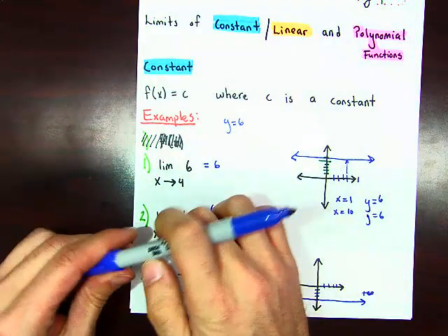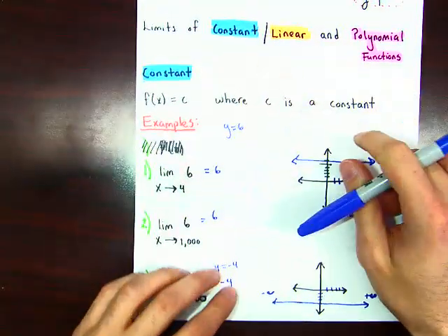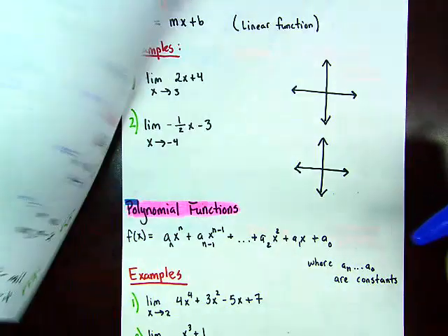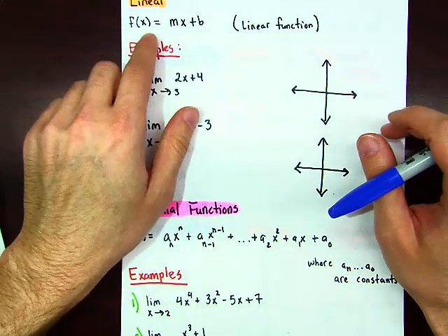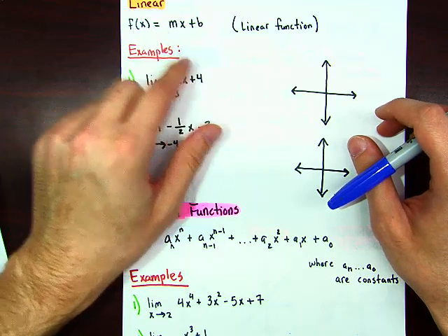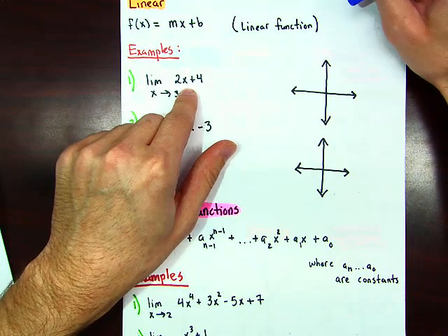So this is an example of a constant function, very straightforward. Let's go to the linear one. Here, if you have a graph, some y equals mx plus b, this graph over here, 2x